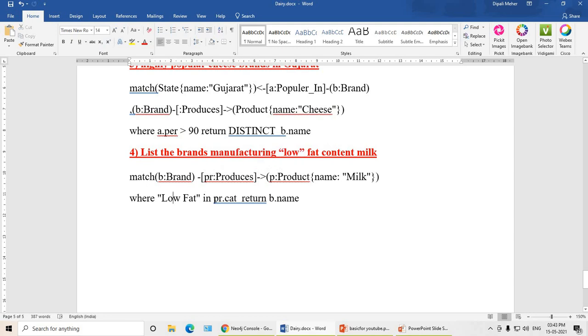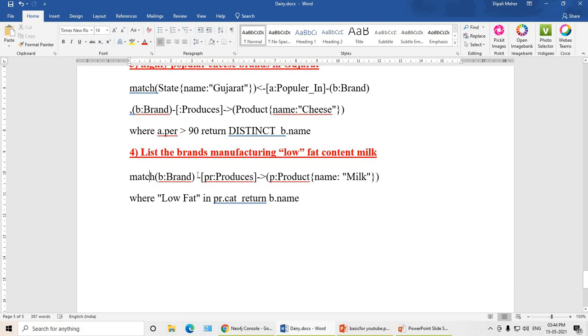So where low fat in PR dot category, it will try to search low fat in PR dot cat, because we have taken the name of the array as cat. So the characteristic for the produces is the cat, and we have taken the categories high fat, medium fat and low fat. And last it should return that brand name.